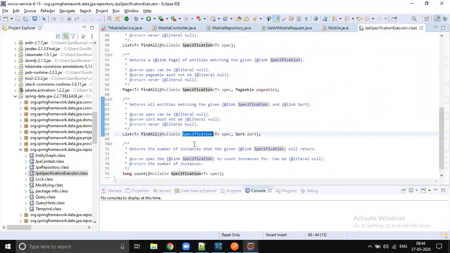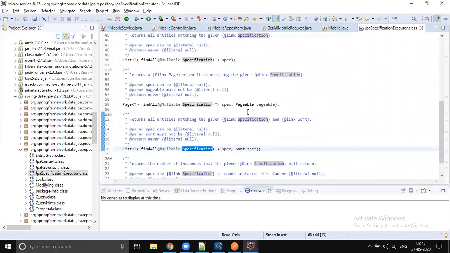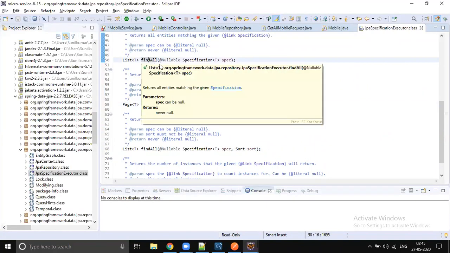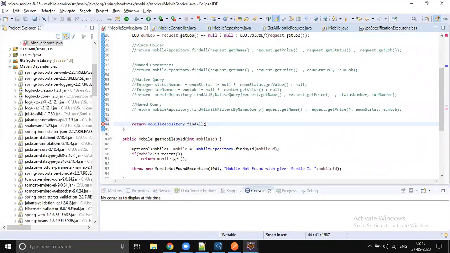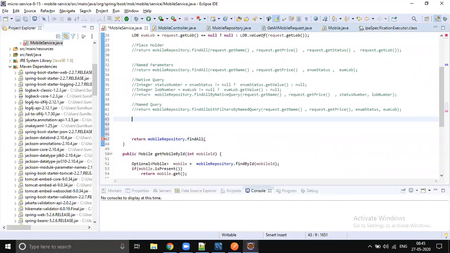We will call this method with a specification, and if you want to apply some sorting or pagination, you can apply it. So let's try with the default specification first.